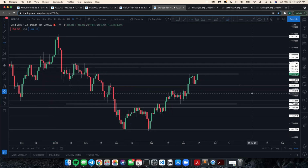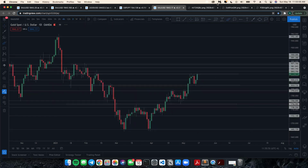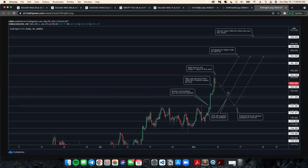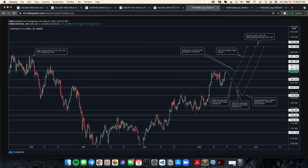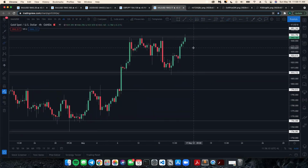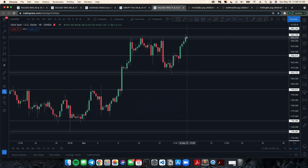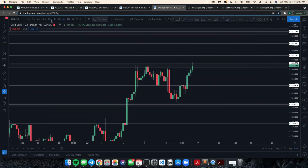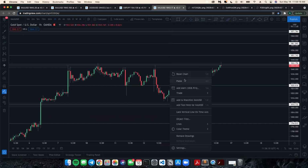So what we could be looking for is, remember how we talked about the different possible scenarios, and the same thing, this is all I look for: I map out the scenarios and I wait. I just wait for price to come to these key levels, right? And that's the thing, they just work. So when we're waiting, what we could potentially look out for is, okay, let's map out some possible scenarios right now. We're on the 4 hour chart. Okay, let's say price does, or we can actually go down to 1 hour